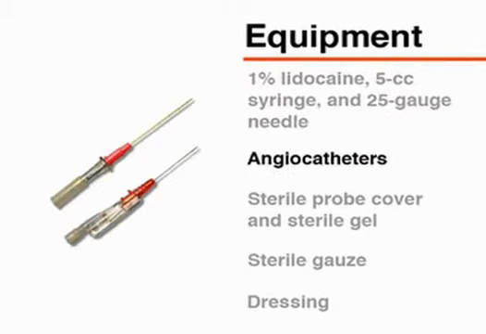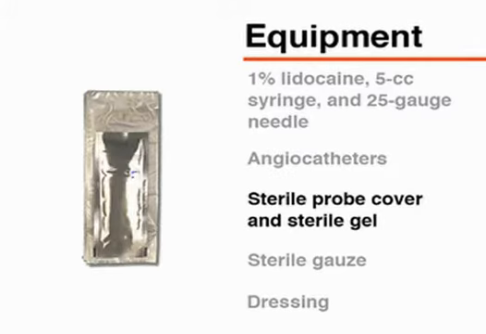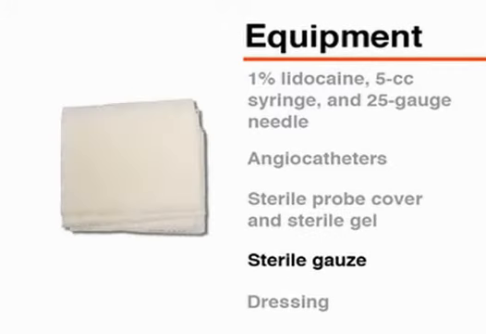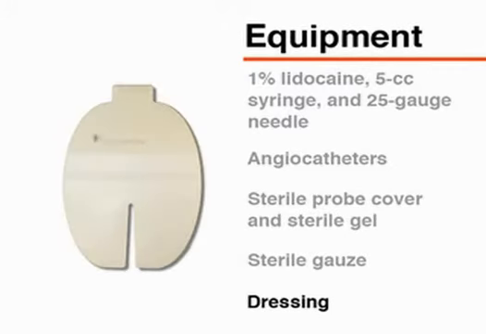anesthetic, and angiocatheters. Radial arterial catheterization can be performed with standard angiocatheters or with safety angiocatheters. Use the equipment that complies with the safety practices at your institution. You will also need a sterile ultrasound probe cover with sterile gel, sterile gauze, and materials for dressing and securing